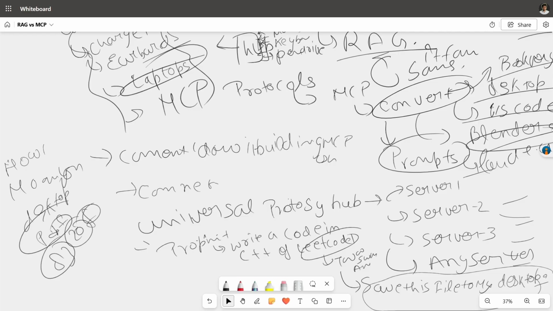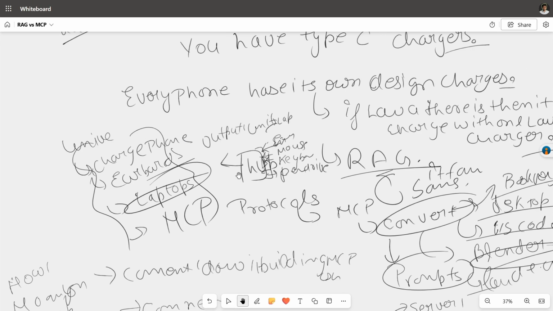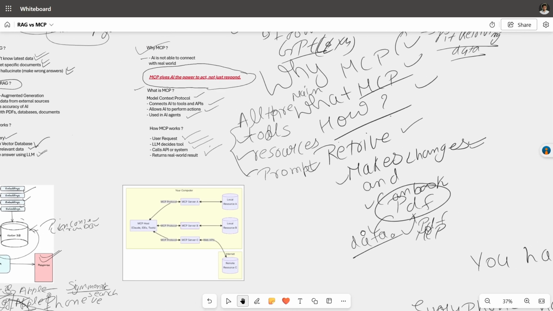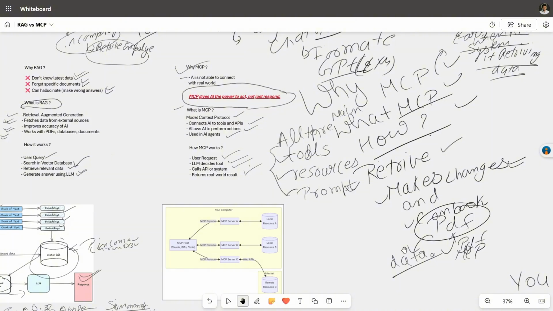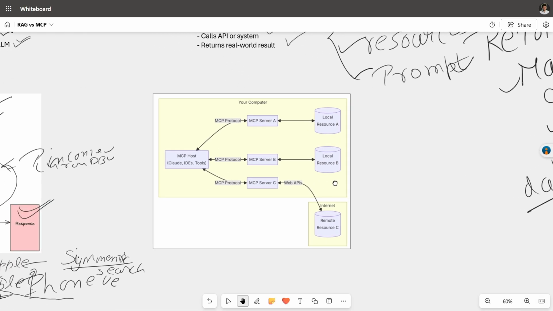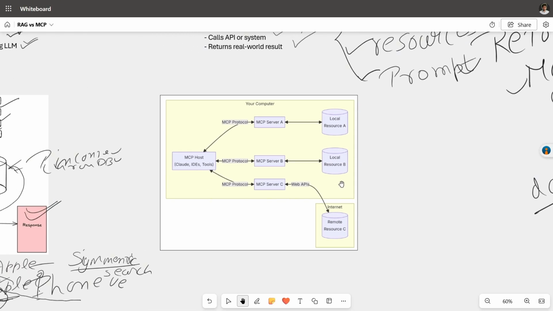So by now you have understood what RAG is and what MCP is. We have to complete this session quickly. So I will go to MCP where I have written some notes. I have told you why, what, and how this MCP is written. Here is one of the diagrams that I have put here so you can check it out. So basically, what this diagram is saying,